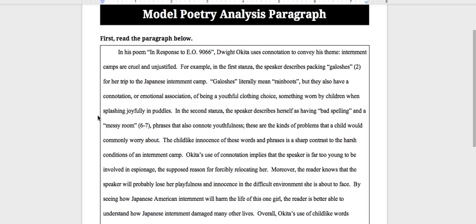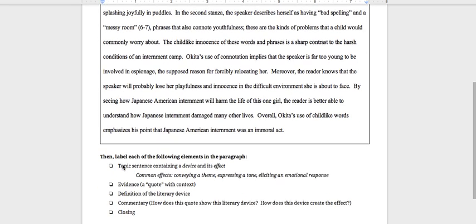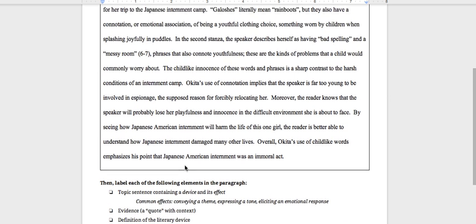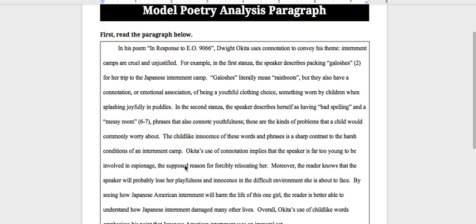Now I'm going to explain how I would annotate this paragraph for the elements below. So first, I'm looking for the topic sentence. Now the topic sentence should have both the literary device as well as the effect of the literary device. And in this case, for our essay, the effect is conveying a theme. Now, the topic sentence usually is first in a body paragraph. But I don't just want to accept the first sentence. I also want to make sure that it has a device and it has the theme or the effect of